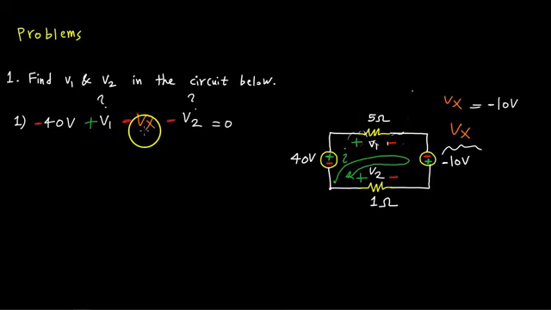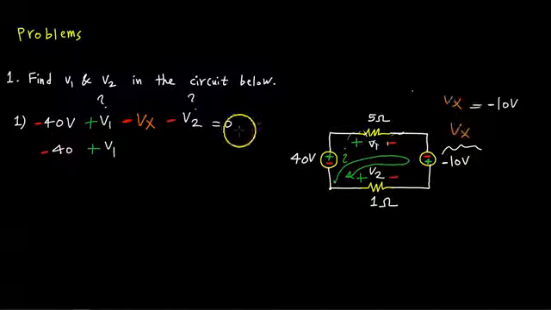So let's see. What are some other relationships that we could have here? What we can do is simplify this equation. We're going to get negative 40, let's see, plus V1 minus V2. How do I want to write this? I would say plus